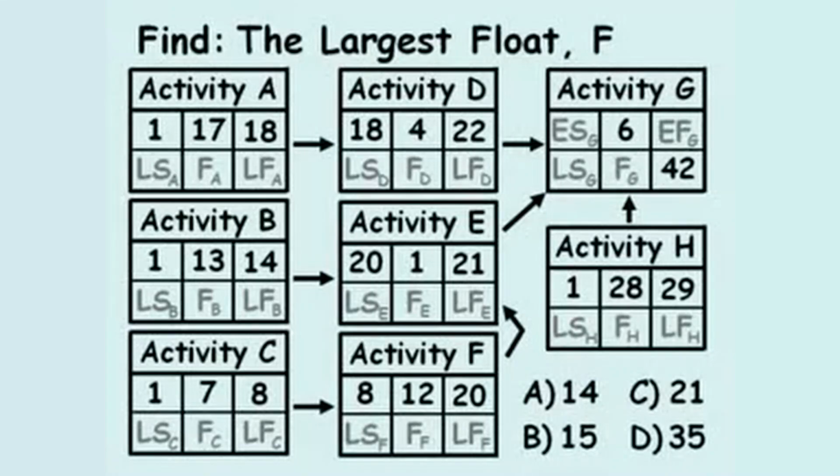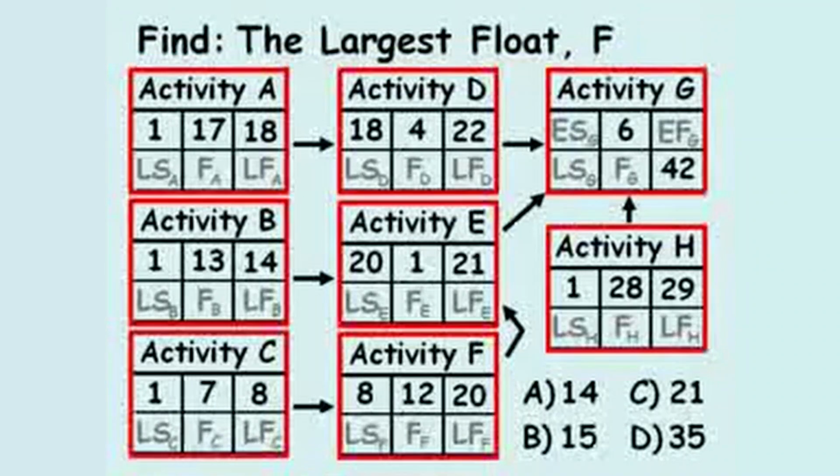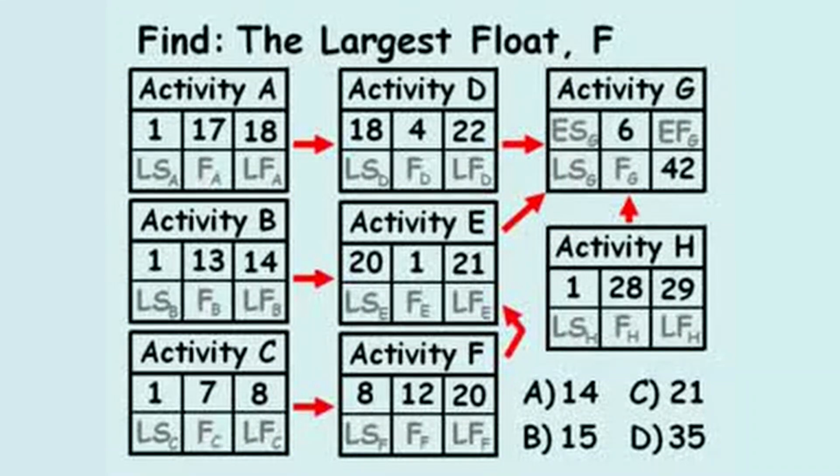Find the largest float. In this problem, we are provided a network diagram, which includes 8 activities. These activities are represented as boxes. A predecessor activity points an arrow to its successor activity. The cells in each activity box are in units of time, which represent the earliest the activity can start, the